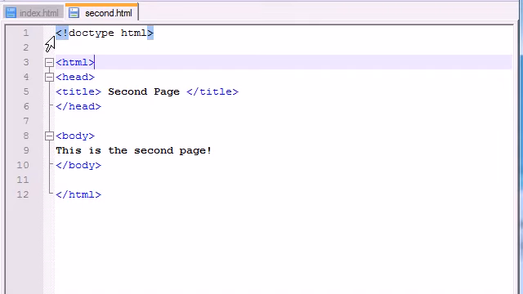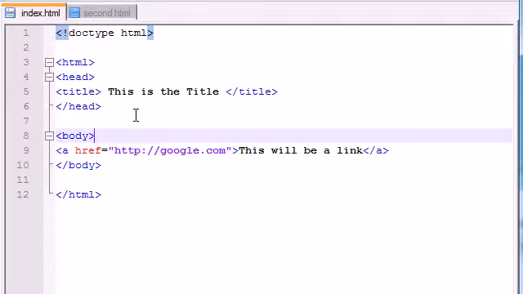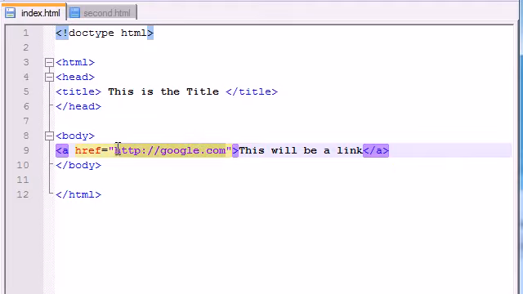Pretty cool, huh? So in our main page, we're going to want to make this a link to our second page. So let's change the text first of all. This will link to the second page. So now as a href, all we need to do is, since these two files are in the same directory,